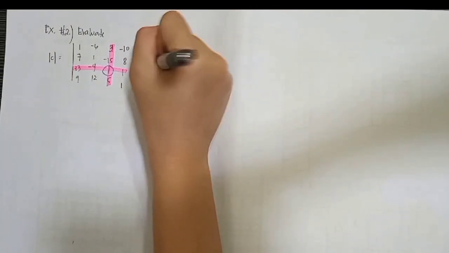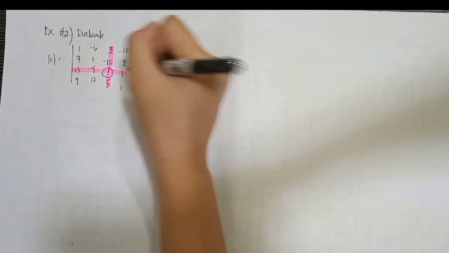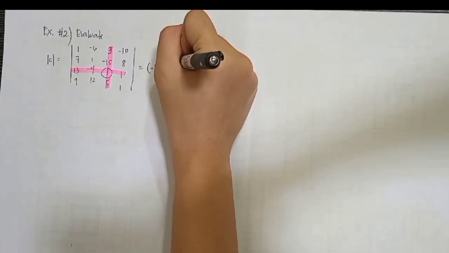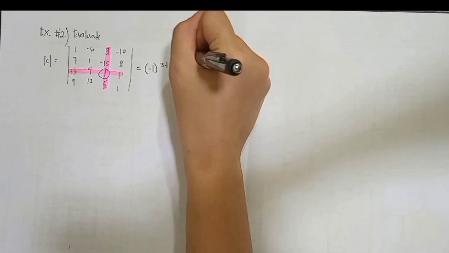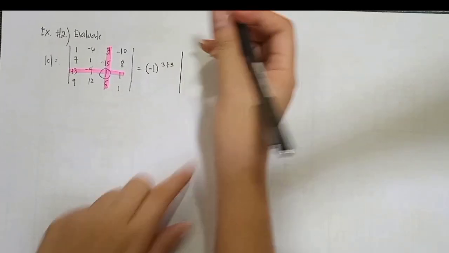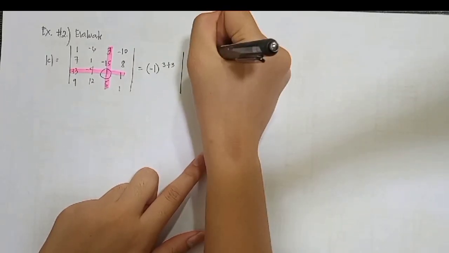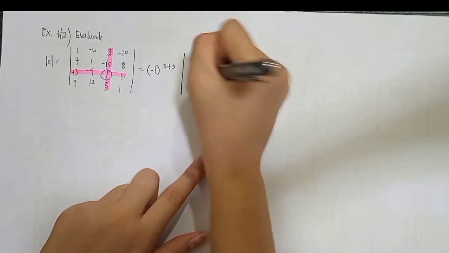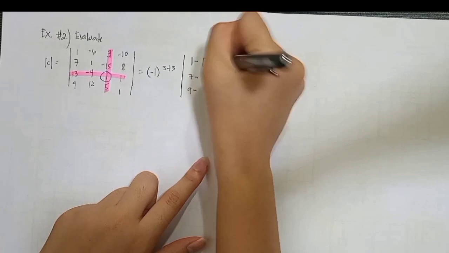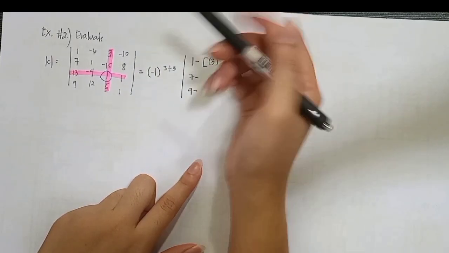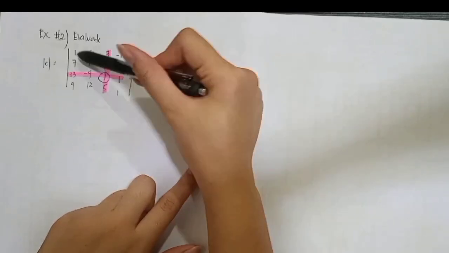Let's write -1 raised to the location of your pivotal element, which is in the third row and third column. After that, we will write the remaining elements, which are 1, 7, 9, -6, 1, 12, and -10, 8, and